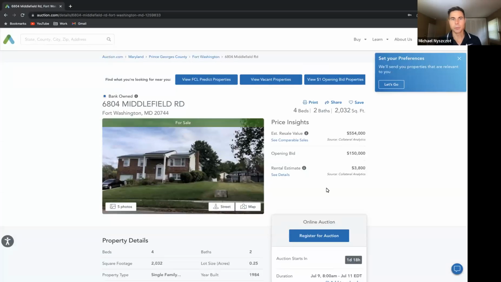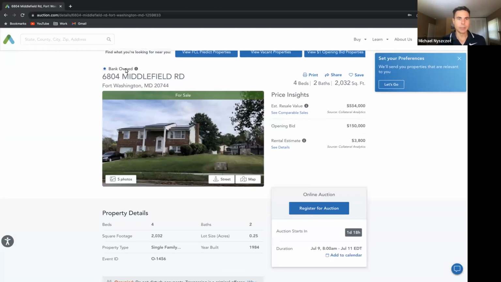In this video, I'm going to walk you through the details that are provided for an auction property here on auction.com. So this is a bank-owned property labeled here, and they define what it is. This is something that already went through sheriff's sale and is now owned by the bank. So a lot of the liens associated with the property went through the process, and it's a clean title